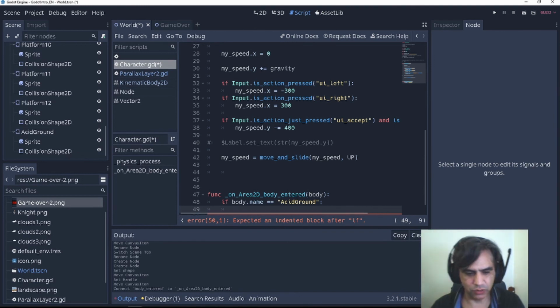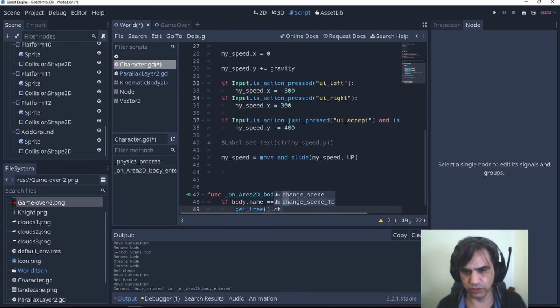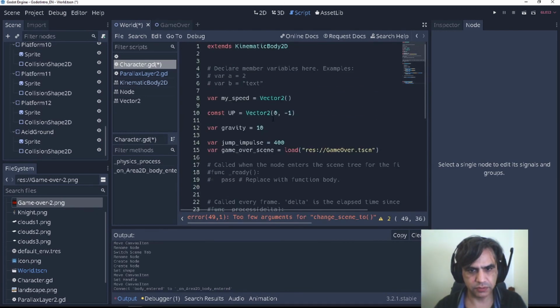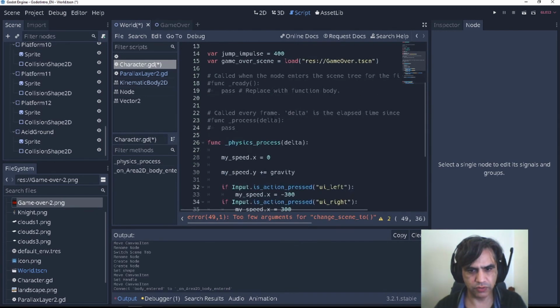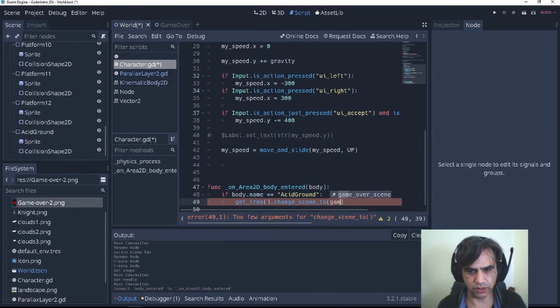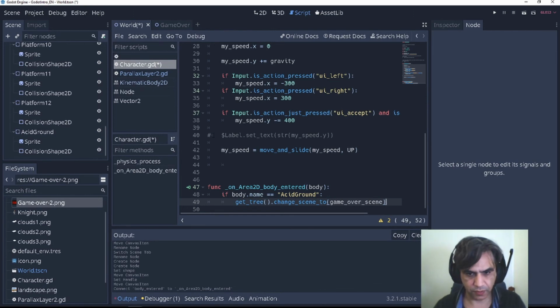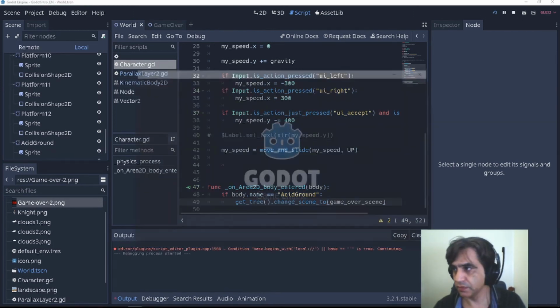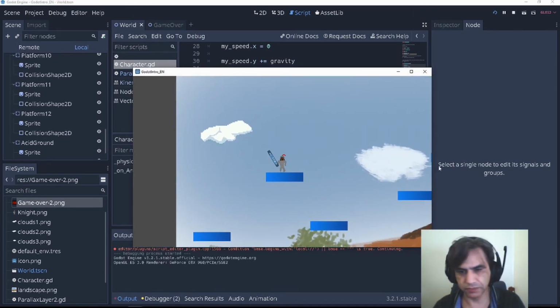So what I'm going to do is get tree and change scene to game over scene. I think it's like this, game over scene. Let's test this. Let's see if this works.